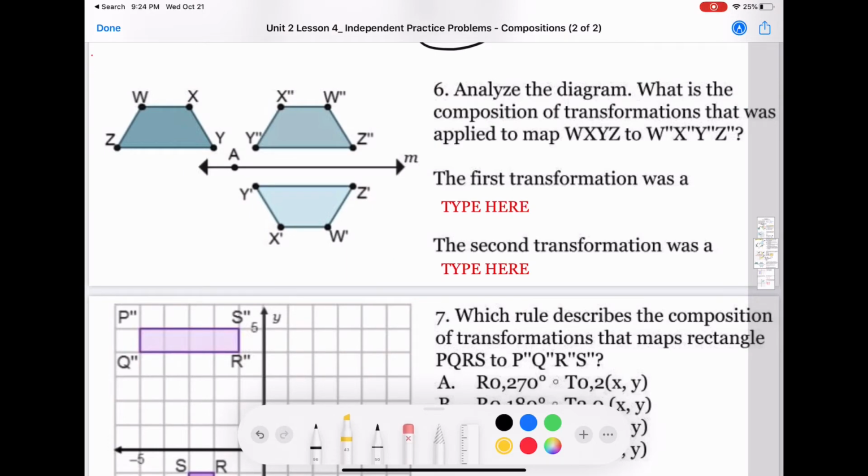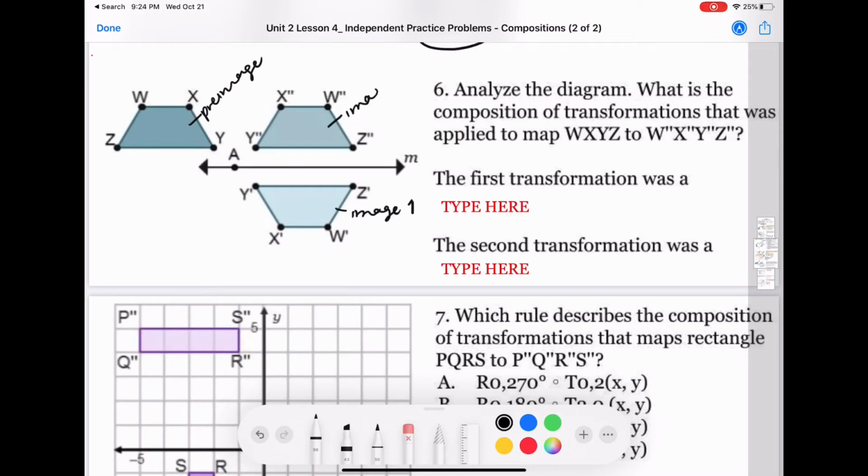This problem asks us to analyze a diagram. What is the composition of transformations that was applied to our pre-image W, X, Y, Z to W prime, X prime, Y prime, and Z prime? So again, let's identify our pre-image, image 1,